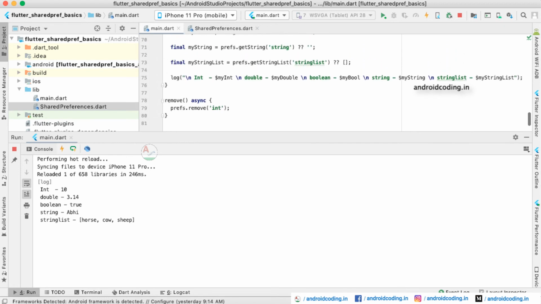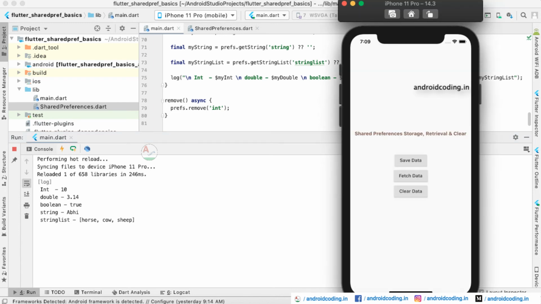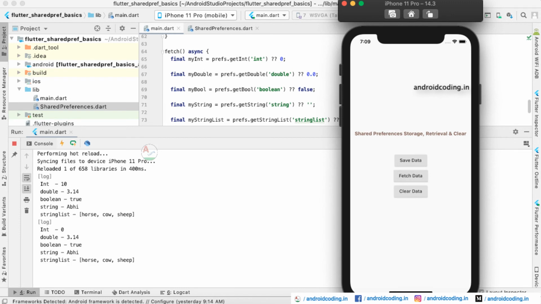Now what about remove? I just want to remove the 10 value. Let us try to clear the data. Here you can see we have got the 10 value as 0. Why?